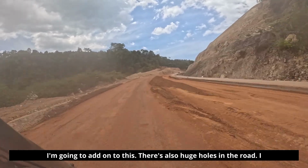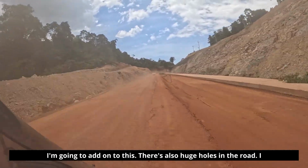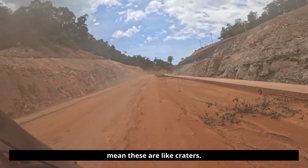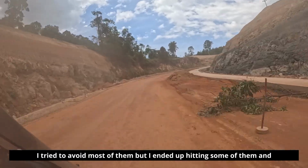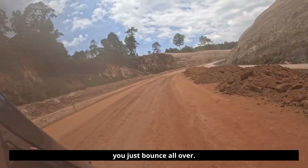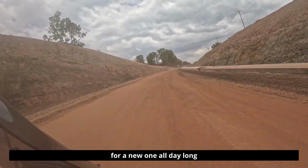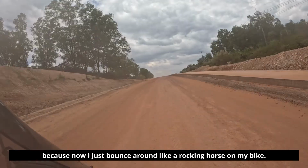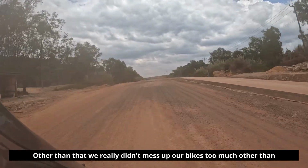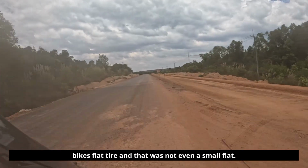I'm going to add on to this. There's also huge holes in the road. I mean, these are like craters. I tried to avoid most of them, but I ended up hitting some of them, and you just bounce all over. I'm pretty sure I blew my shock out on my bike. We've been searching for a new one all day long, because now I just bounce around like a rocking horse on my bike. Other than that, we really didn't mess up our bikes too much, other than Mike's flat tire,